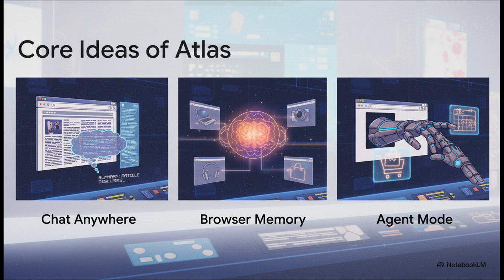So, how is it going to do that? Well, it's built on a few core ideas. First, chat anywhere. Just picture a ChatGPT sidebar that's always there. And, this is the key, it understands the exact web page you're on. So you could be on a super dense 5,000-word article and just ask, hey, what are the main arguments here? Simple. Then there's browser memory. This is an optional feature that lets Atlas remember stuff from other sites you visited. So you could ask it really complex things like, compare the specs of those 3 laptops I was looking at yesterday. But the real kicker, the feature that changes the whole game, is the premium agent mode.